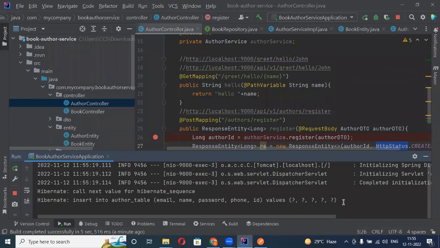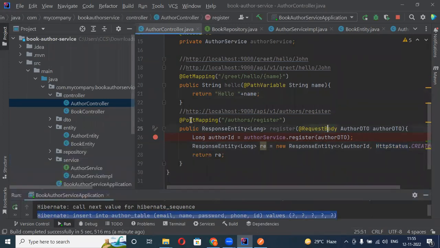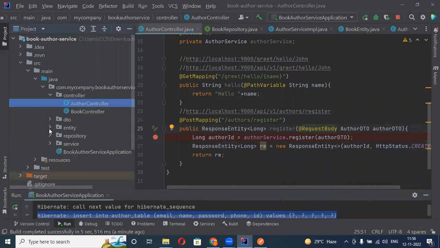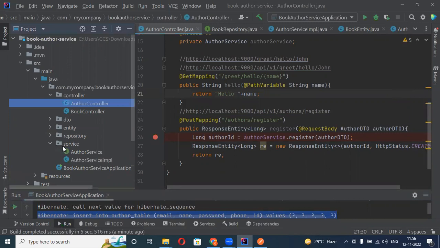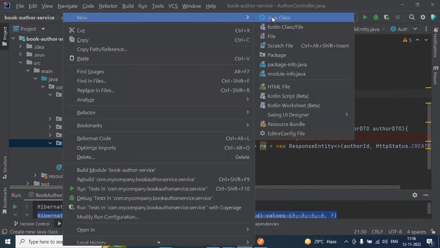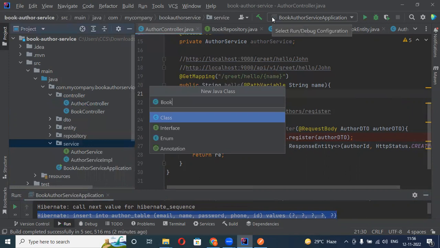And here is the query for adding author into our table. So now that we are able to create an author, we can go and create more functionalities like author is able to add a book, update a book, delete a book, all those functionalities we can create. So let's go ahead and do that. So now we will go to the book service, which we haven't created. Let's create it. So book service,